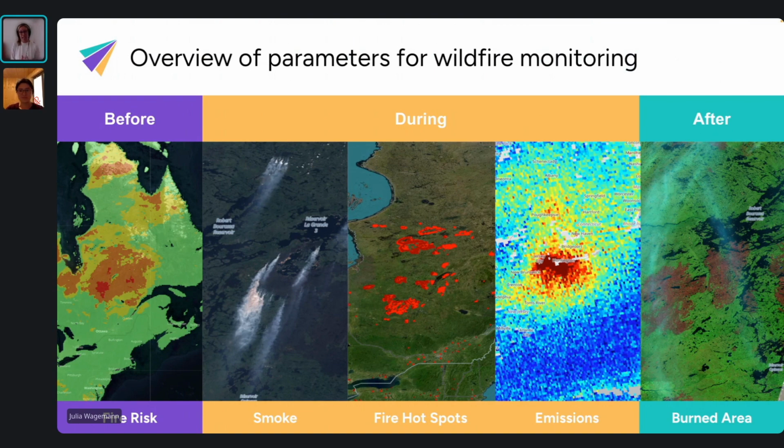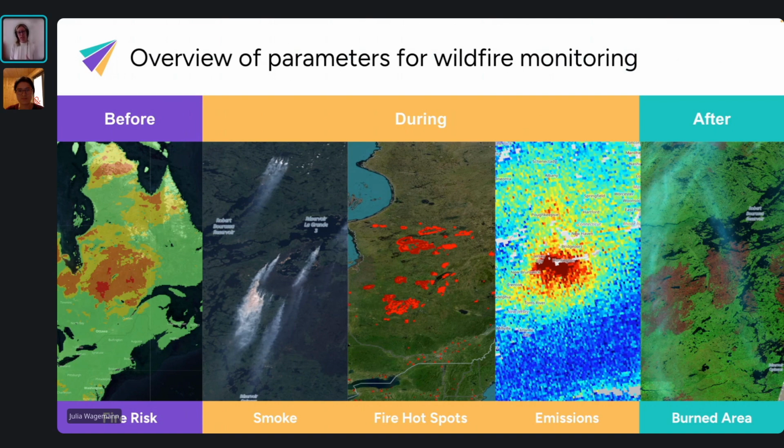Yes. And then during a wildfire, we can focus on specific aspects of a fire. So where the fire is happening, we really look for fire hotspots, and a parameter from satellites is called fire radiative power, which really shows us the intensity of the wildfires and also where they are really located.